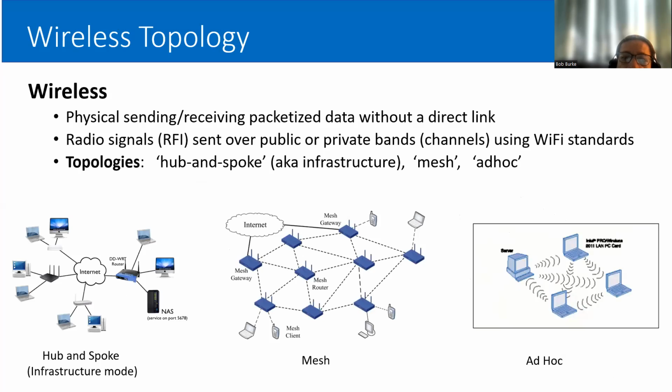Wireless. There's a whole section on the wireless technology, wireless encryption, and other, if you will, functionalities of wireless. Here, we're just looking at how do we set up the access points. A couple of approaches are, one, hub and spoke. That's like a star where every device comes into an access point, and that access point connects to the internet,